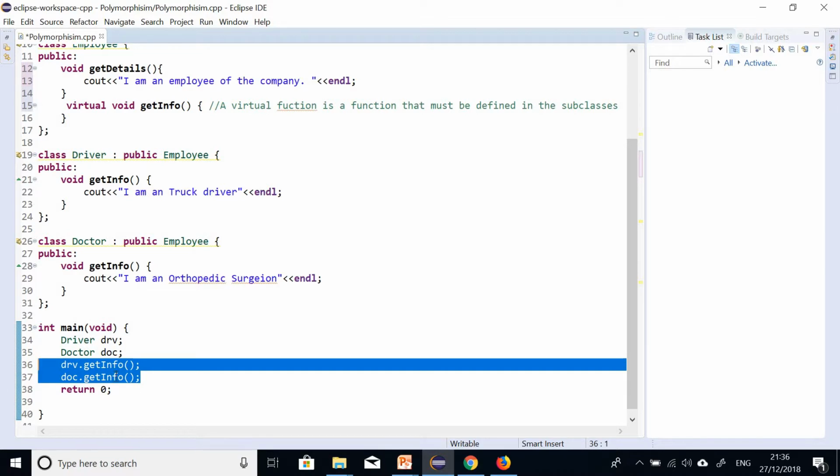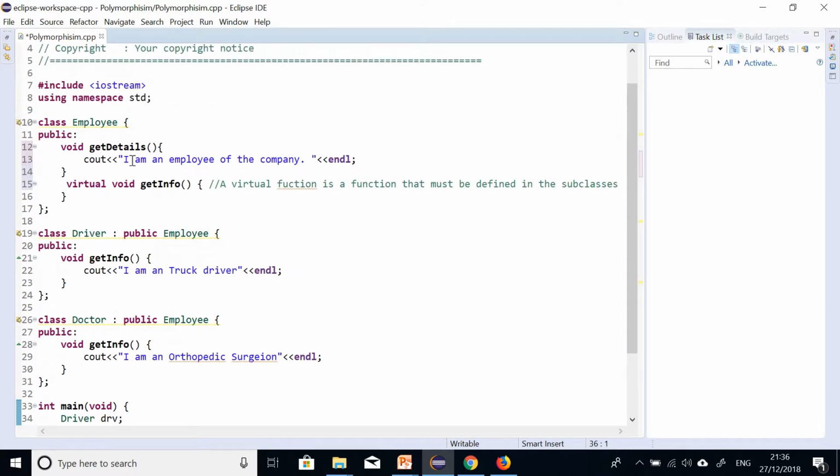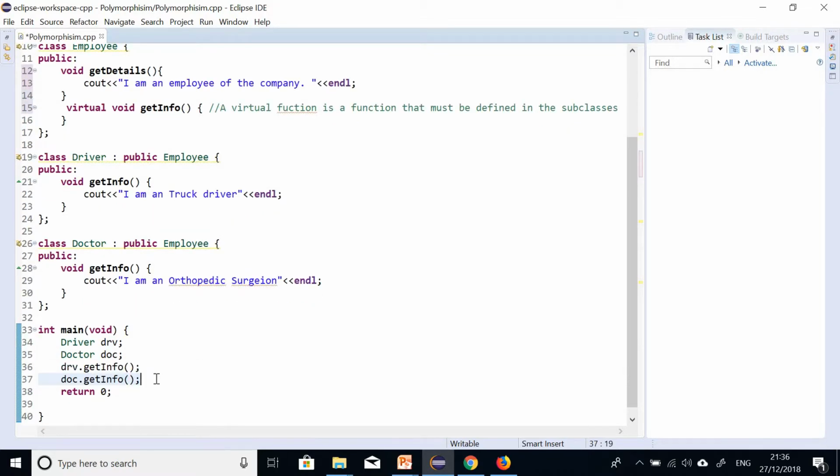So we are saying drv.getInfo, it goes to the employee, the superclass, to try to get the info. But now what we can do is use a pointer to do this. So let's create a pointer to the employee, to the driver object, and a pointer to the doctor object. So when I created this driver, I can just say employee